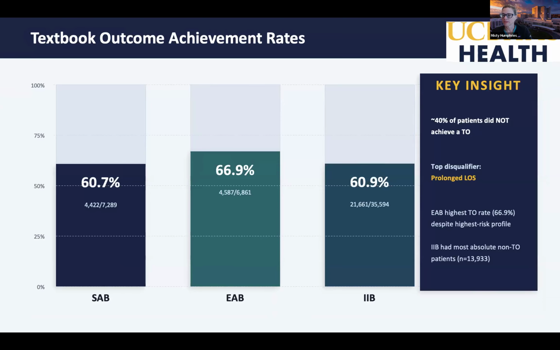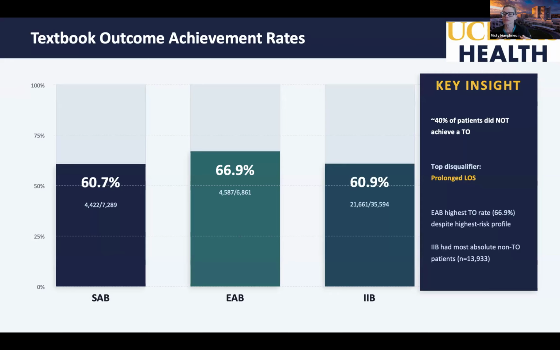So the achievement rates ranged from 60 to 67%. For suprainguinal anatomic bypass and infrainguinal bypass, it really was almost identical, about 60.7, 61%. Extra anatomic bypass had the highest rate of textbook outcomes at 66.9%. And then it seemed, in my mind, a little counterintuitive, because if